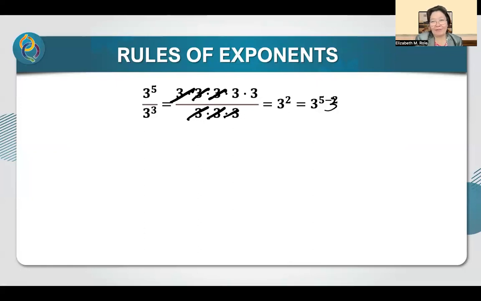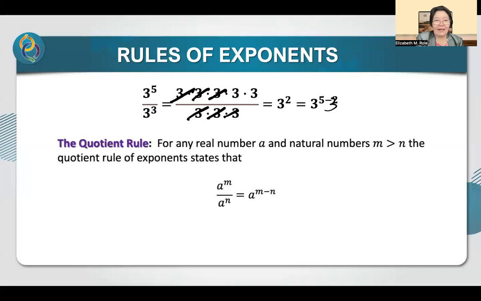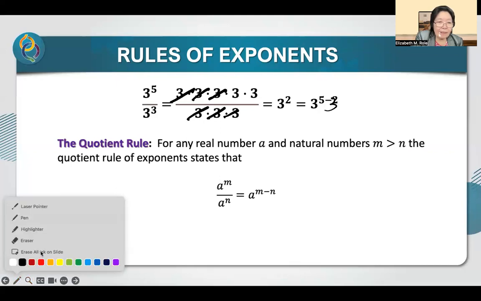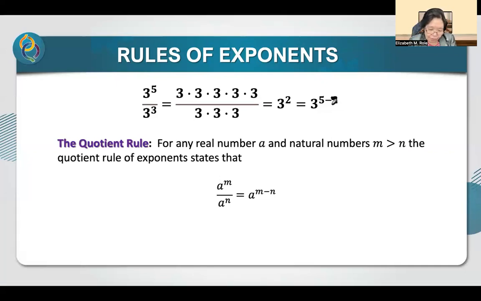3 times 5 minus 3. Okay. So let me, I think I made a mistake. Let me just erase all ink. So I will now, this one is supposed to be minus 3. Okay. So the quotient rule says if you are dividing two bases with different exponents, you just have to subtract